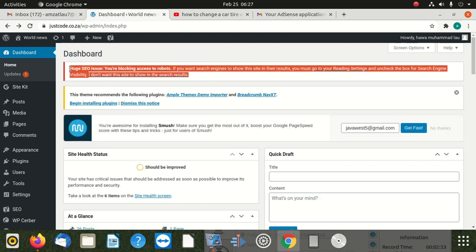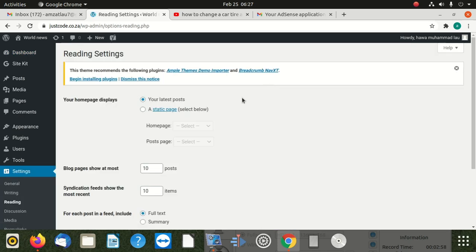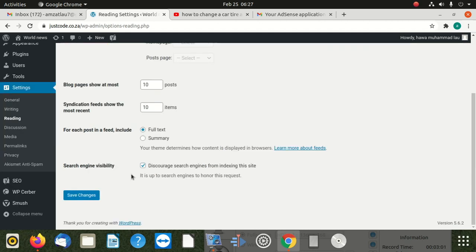Okay, you can click here and untick the option that discourages search engines from indexing this site. If you discourage, then it's a problem. So you only uncheck this, then you make changes, and you're gonna be fine. So